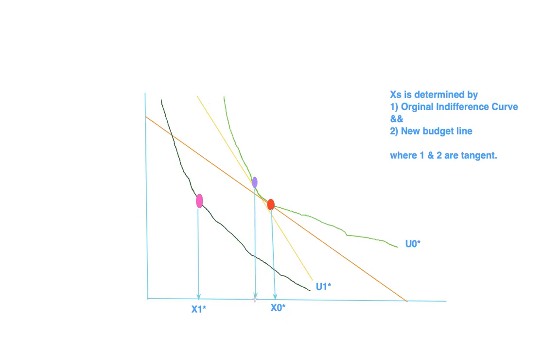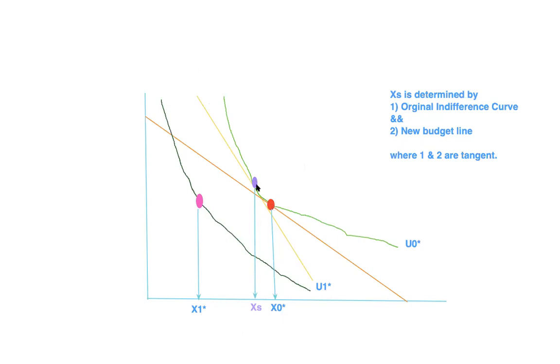And that's going to be where our XS is. Okay. And then remember, we find the substitution effect in any case that we have where we have